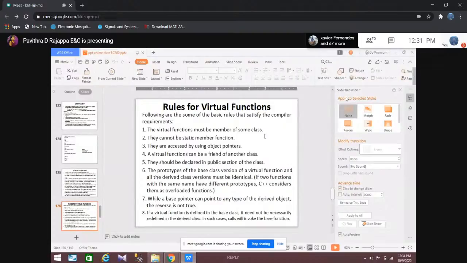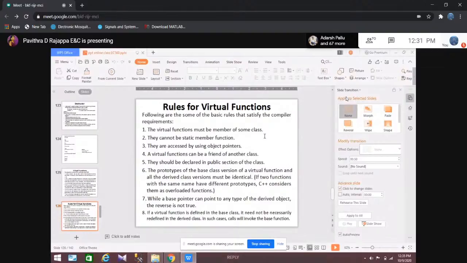The prototypes of the base class version of a virtual function and all the derived class versions must be identical. They should be the same. Prototype means the declaration of the function should be the same.